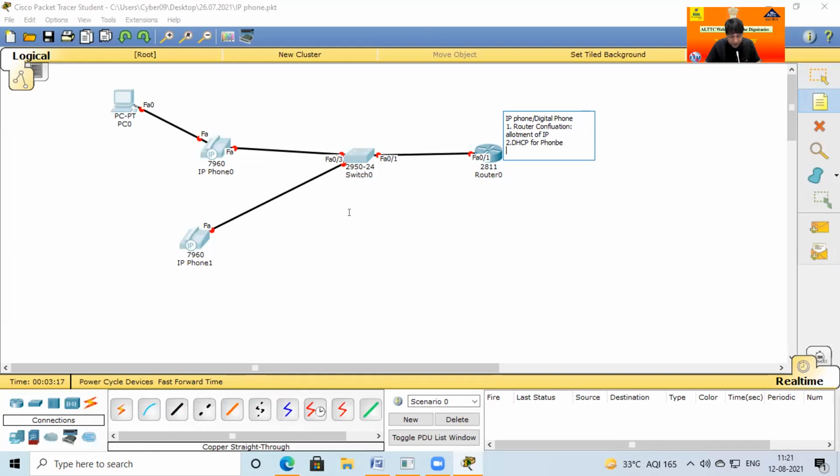Next is that by default, the router has all facilities: internet, telephone, and other communication system facilities. But by default, only the internet service is working. For the telephony service, it requires some instruction from the manager.